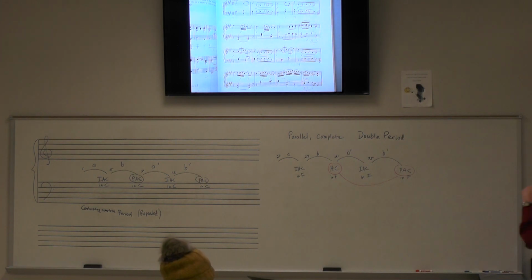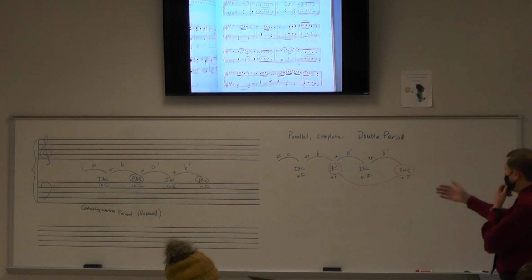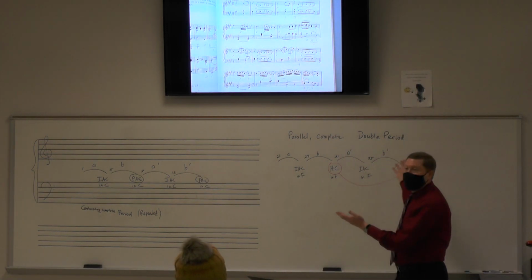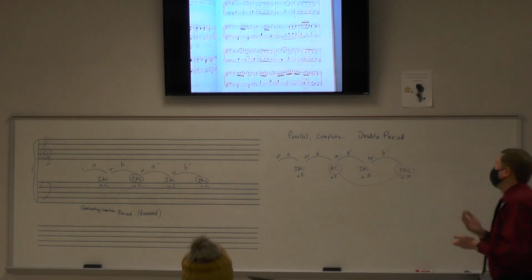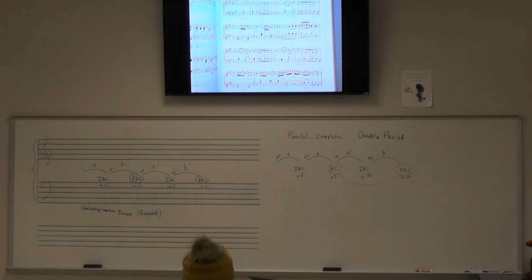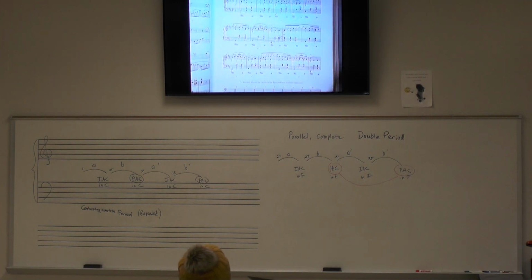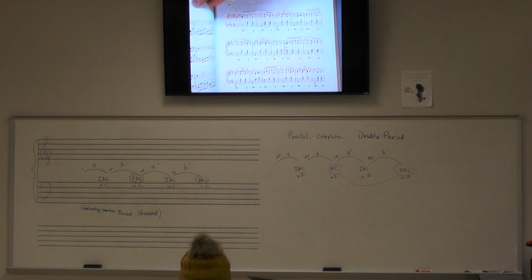So what I want you to do is graph this whole piece using the measure numbers, the labels, the cadences, the keys, and then give it a label, give it a name. Is it a double period or is it not? Is it a repeated period? That kind of thing. Then last but not least, on page 169, this is a Chopin piece.